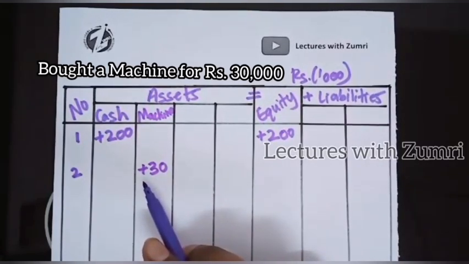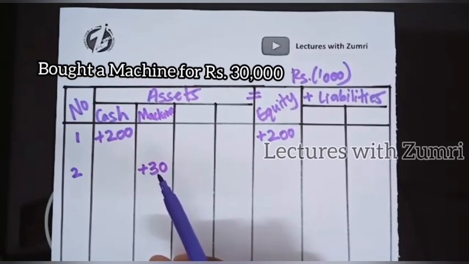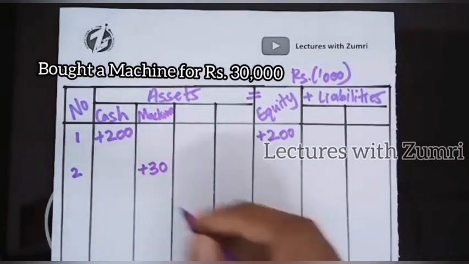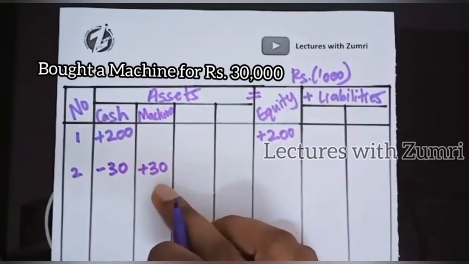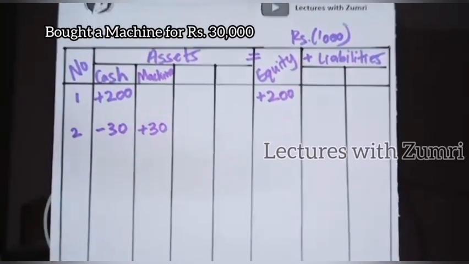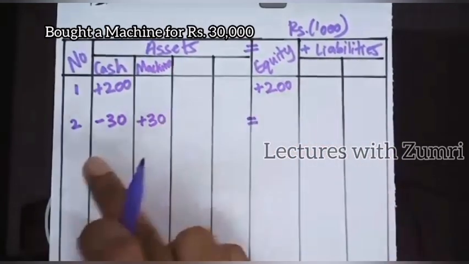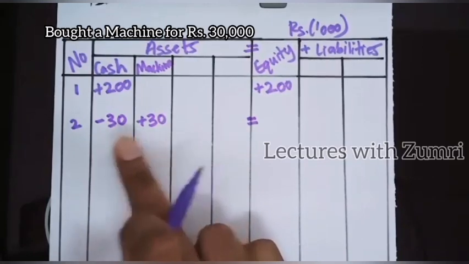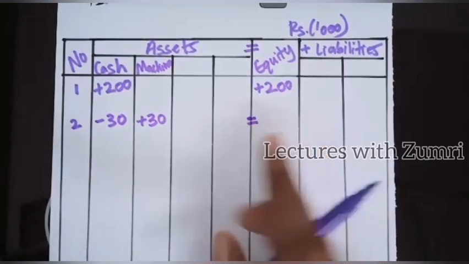And also we can see that it is not mentioned as on credit, and there is no name mentioned in the transaction. So therefore we can consider it as a cash transaction. So when we pay money, what happens to the cash? Cash will be decreasing. To buy the machine you have to pay money, therefore cash decreases. Is that clear? Right? Then nothing, no impacts on the other side. So we can see there is a minus 30 and a plus 30 over here, that will give you 0, and no impacts here where 0 equals 0. Right, now we'll go to the third one.